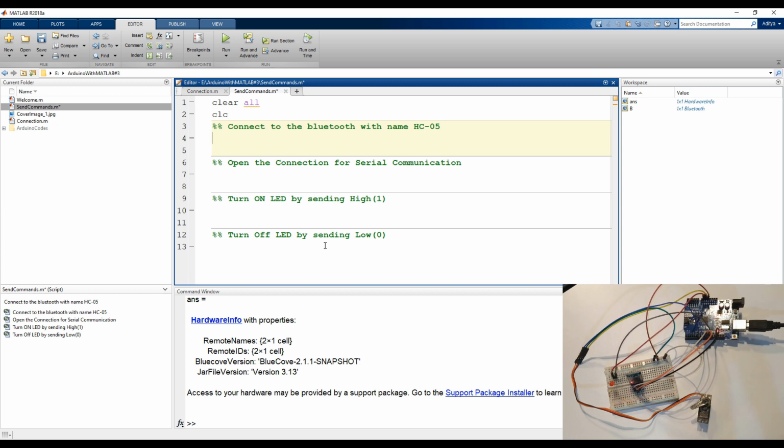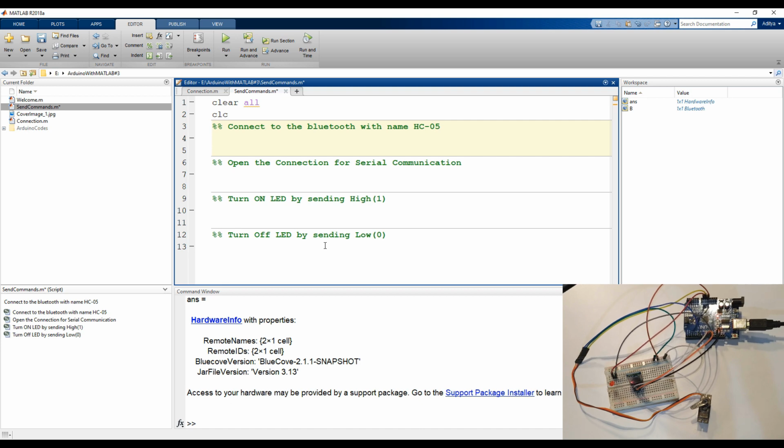Now next, to send commands to the Arduino, we need to write the send command code. I've already written a few comments. For the initial stages, we need to connect the Bluetooth with the name HC05.